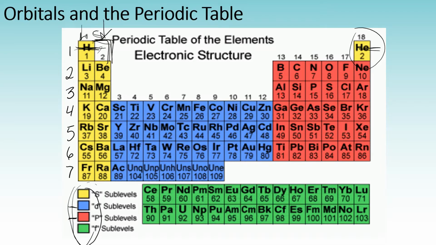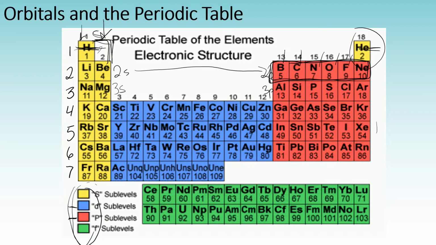Oops, 2s. And then when we go across over here, we're getting to that p orbital. So this first row would be our 2p. And remember that the p orbital has 3 shapes to it, and each of those can hold 2 electrons, so that's 6 electrons. Well, guess what? It's 6 elements across. So each one of those, as we go through, we're going to add another electron for each element. Then when we get to the third period, we've got our 3s, and we go across to 3p,